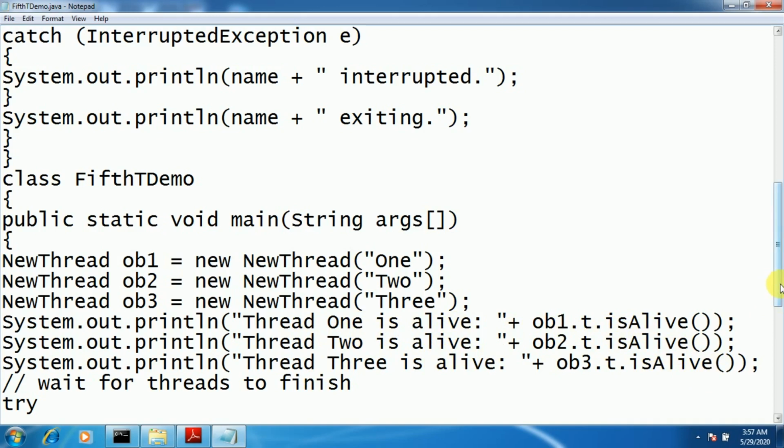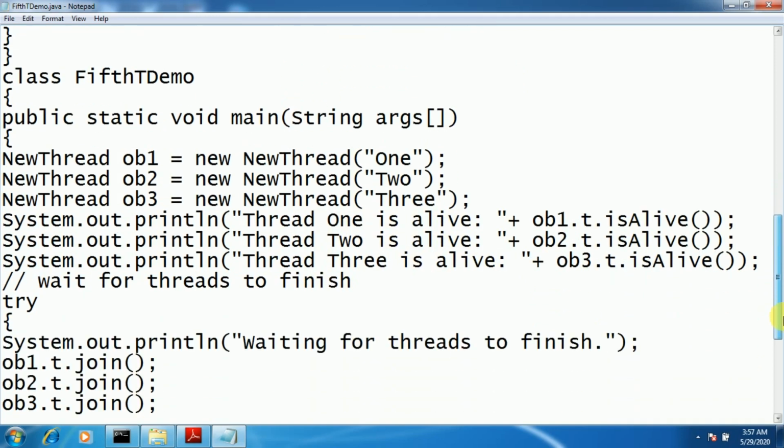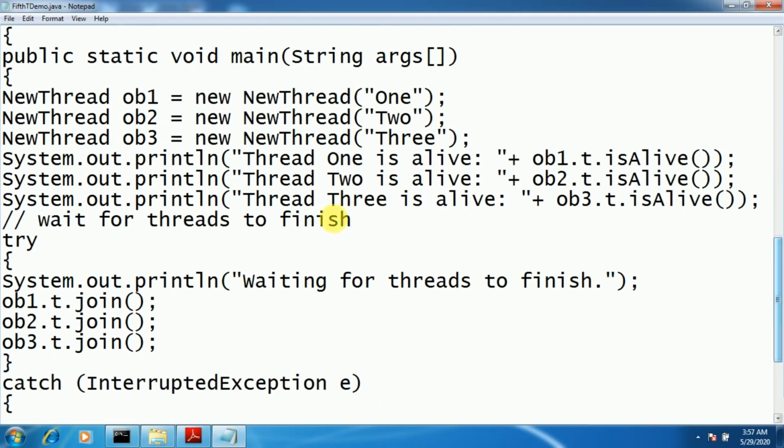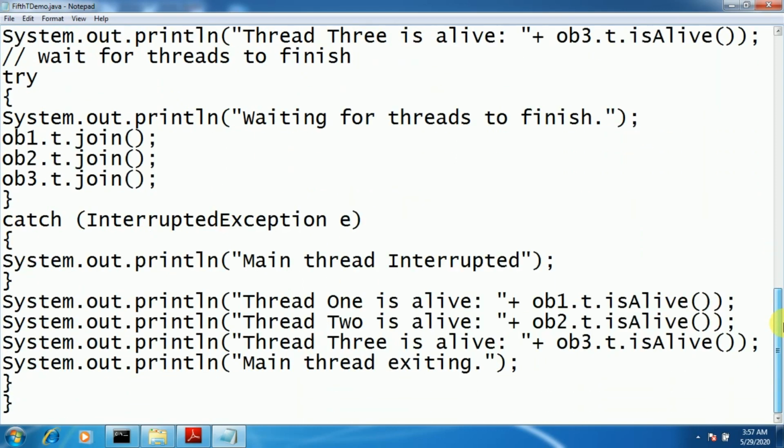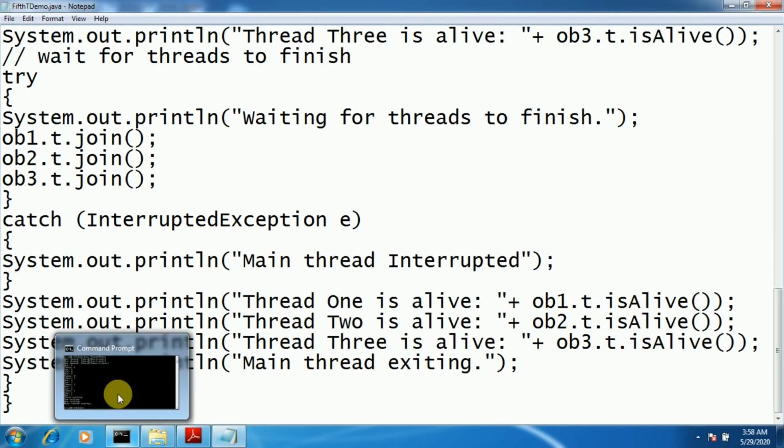If it is alive, it returns true, which is a Boolean value. If it has completed its task, it returns false. Once completed, they call the join method to inform main that they have completed their task. After join, we check the status of all the newly created threads. If their status is false, they have completed the task, and then we tell main to exit, as all the child threads have completed their tasks.